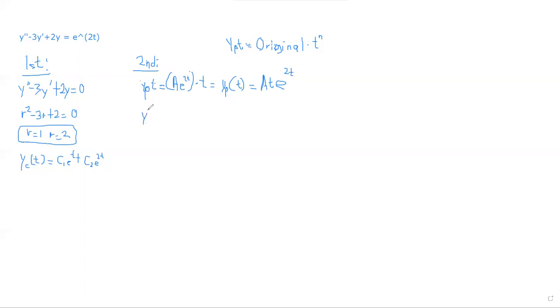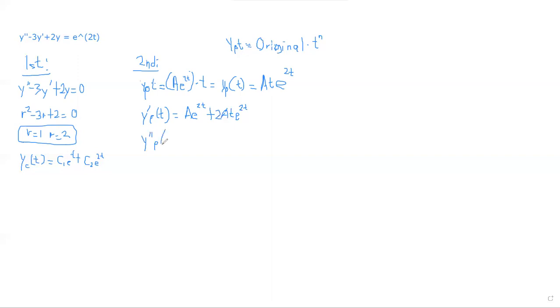So y_p'(t) is equal to a e^(2t) plus 2a t e^(2t). A e^(2t), and then 2at e^(2t). And then y_p''(t)